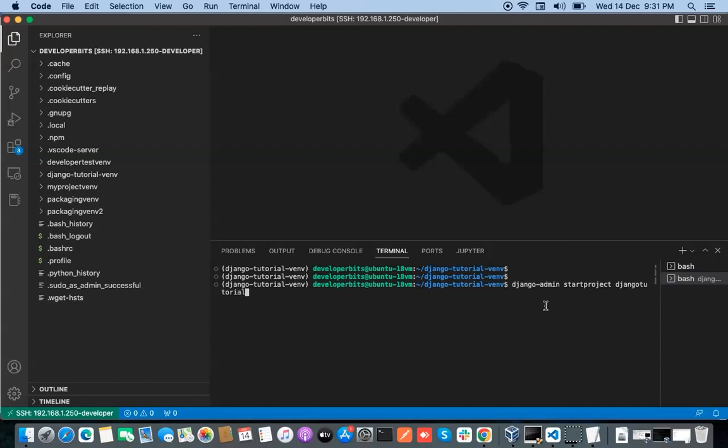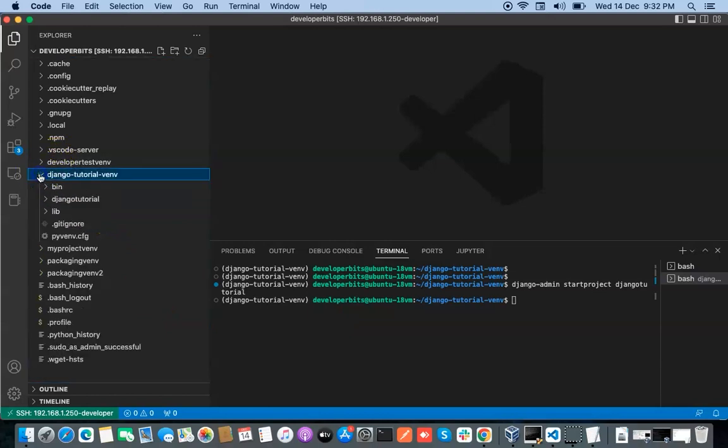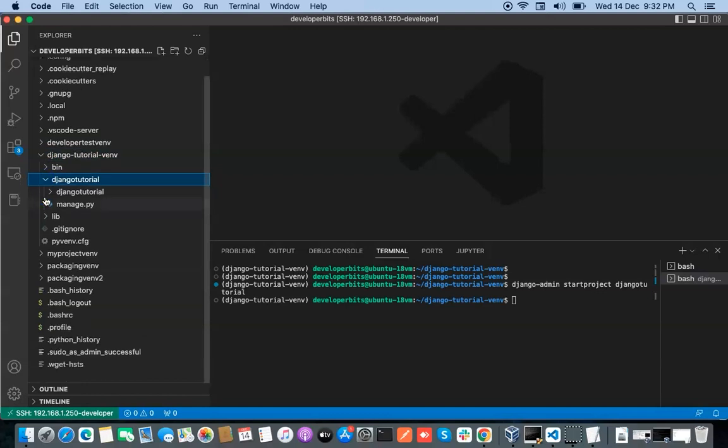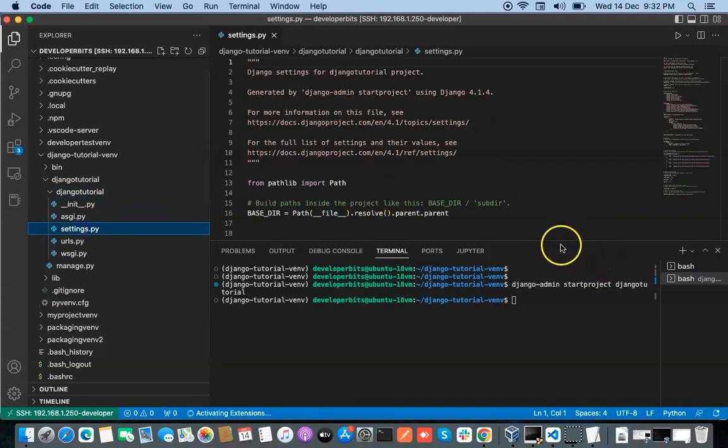This is the name of the project, and you can give any name you like, and just navigate to Visual Studio Code. You can see the new folder has been created, and this is our project name, and it contains another folder with the same name, and you can see it has the settings file,